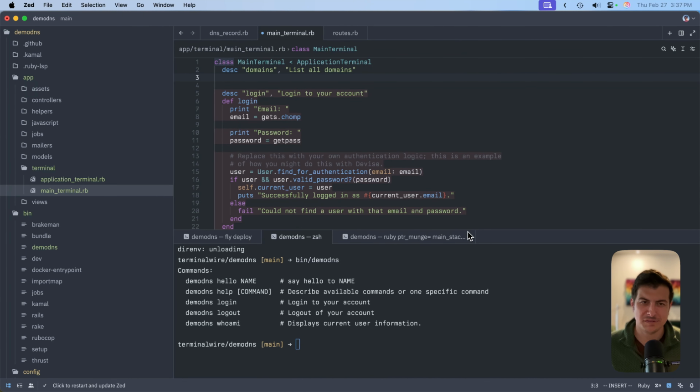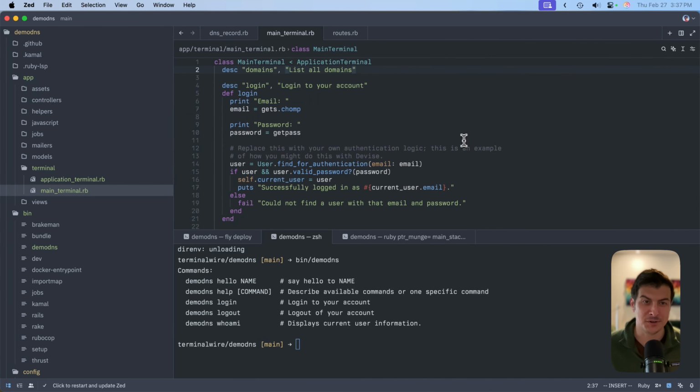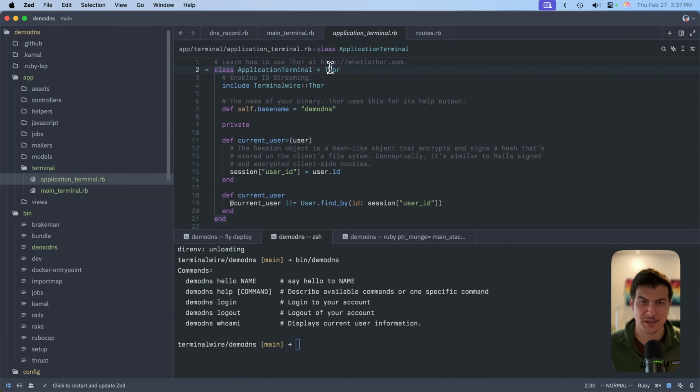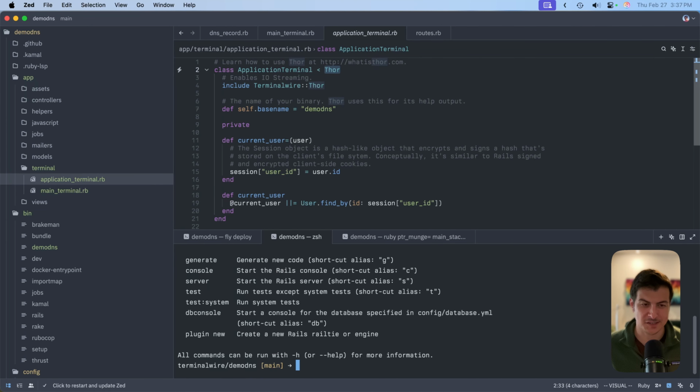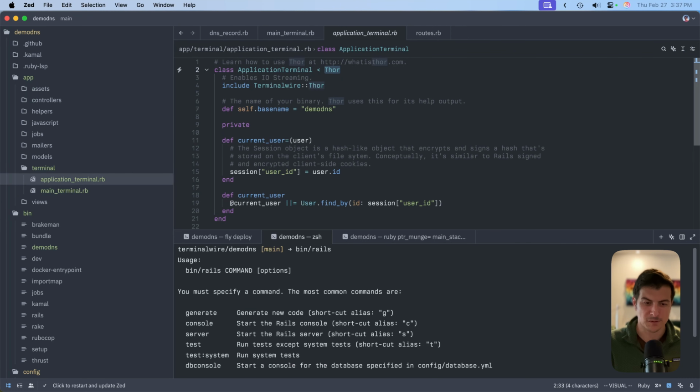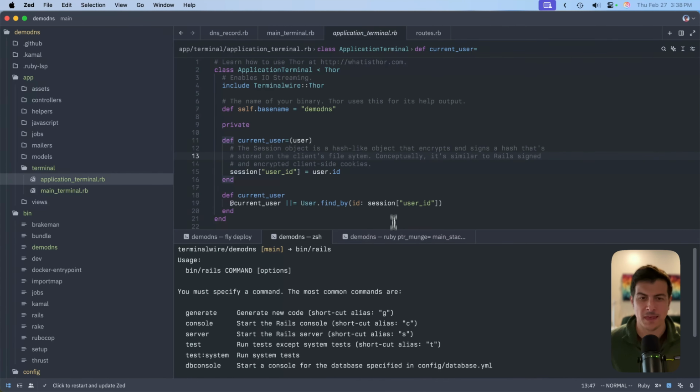You know what? A brief aside, you might be wondering, like, what is this that I'm coding in right now? It is Ruby, obviously. We're using the command line parser called Thor. Thor, you've probably used it. If you're a Rails developer, whenever you run bin Rails, it's actually running Thor. So what Thor does is it parses all the command lines. In this case, if nothing is passed, it does a lot for you, right? It gives you this help instructions. It just does so much for you to make your command lines look better. So if you've played with Rails,